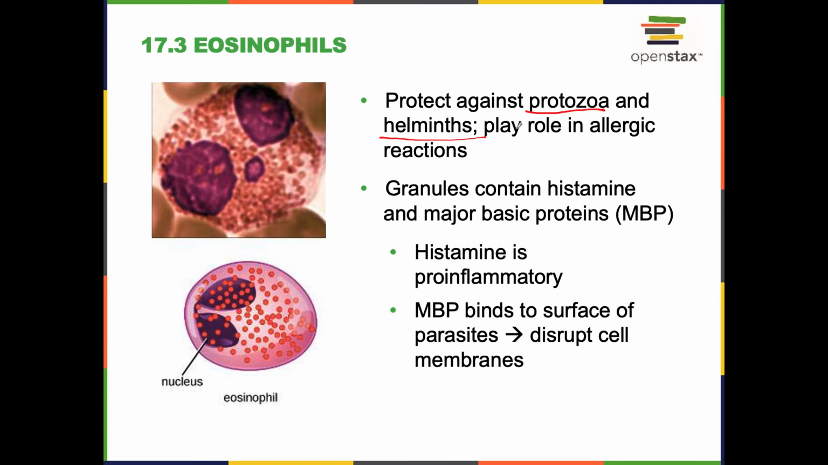But primarily protect against protozoa and helminths. So that's kind of what eosinophils are known for. The granules contain histamine, which is an inflammation mediator, and this thing called major basic proteins, or MBP. All right, so histamine is how it's going to be involved in the allergic response. It's pro-inflammatory, right? The MBP binds to the surface of parasites, so it sticks to their membranes, and then it